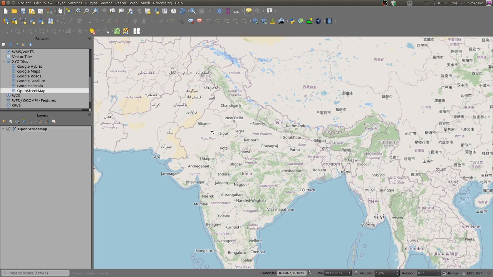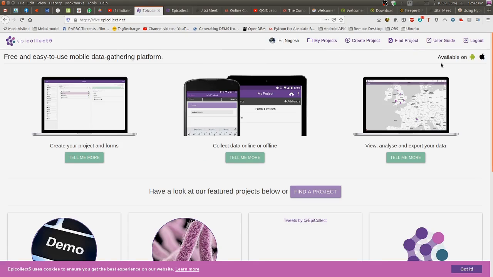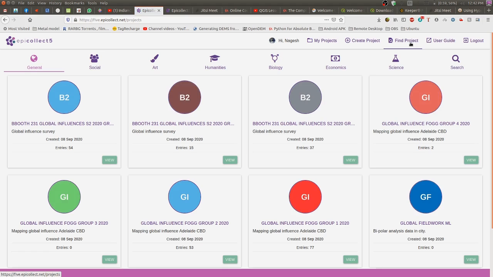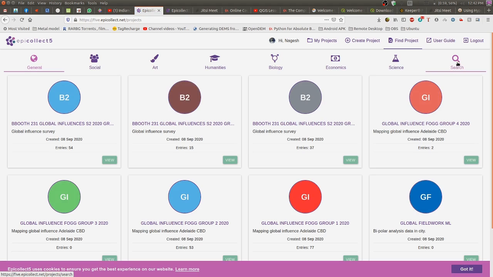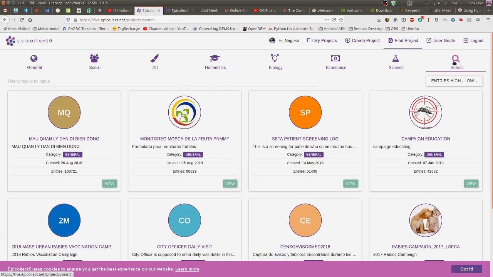Now we have to go to EpiCollect, and we'll search for the project which we are interested in. We know the name of the project. You go to the search button here and type the name of the project.